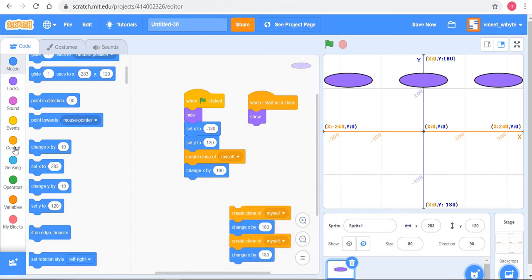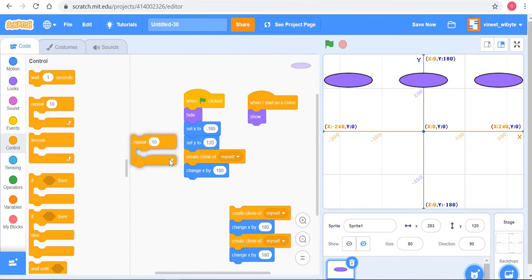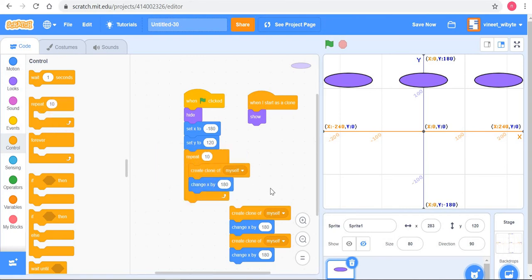I can instead use a repeat block to create a grid of 3, right? Now here I'm changing x by 180, so it's appearing like this. Let's say I changed x by only, say, 140. What will happen is I will get a different placement, and that's because my x changed by a small amount, right? So for now let us stick to 3 and 180. So with this, we notice that we are able to create a single row of these sprites, right?